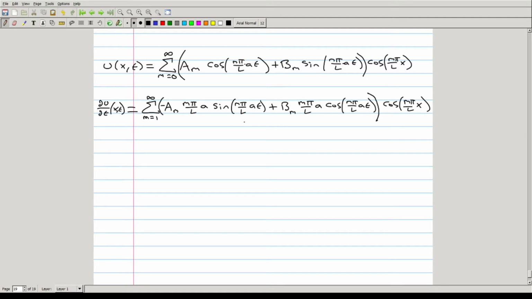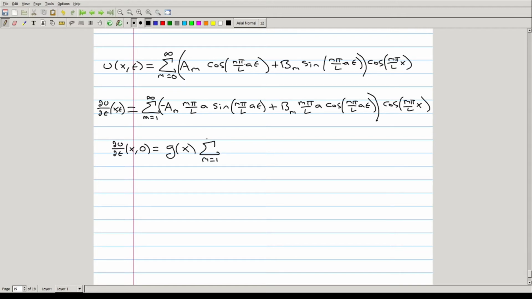So we need this series to satisfy that property, but as long as it's uniformly convergent, we have that du dt at x, t equals 0, the second initial condition, is equal to some function g of x. When you plug in t equals 0 here, you get 0 for all of these terms, and then 1 for all the cosines here. This becomes the summation